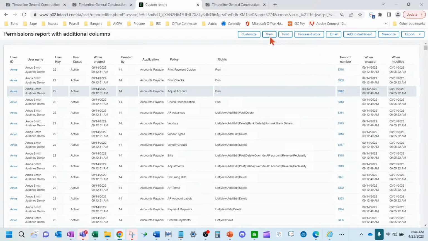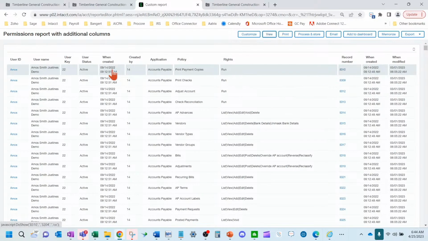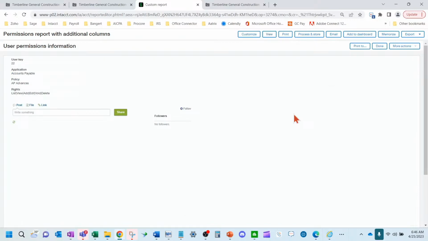There's definitely more customizations you can do on here, but if I click on this record number, I think this is done loading here. It's getting that waiting message. Let's see. It's going to pull up the detail of that record that was created when someone was editing, revising, adding a transaction.